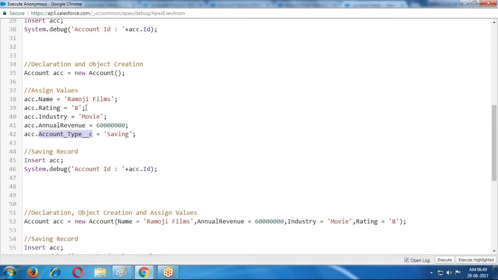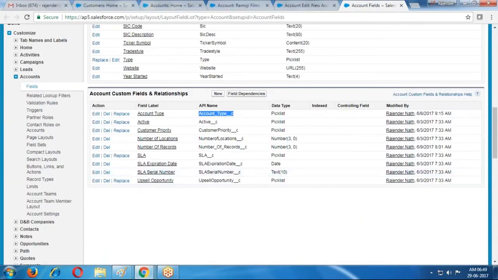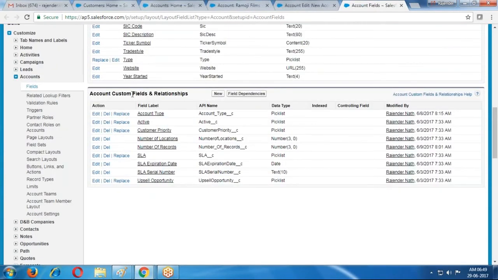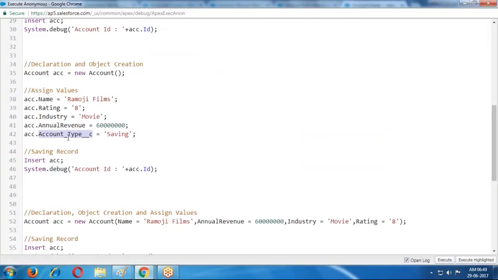If you want to save a value into a custom field, we use the field API name. If it is a standard field, we use the field name. If it is a custom field, in that case we use API names. Whether it is a standard object or custom object, any object, we use it like this.